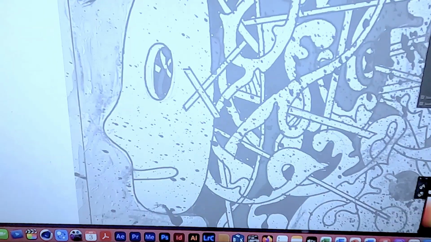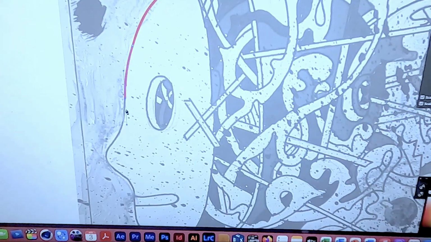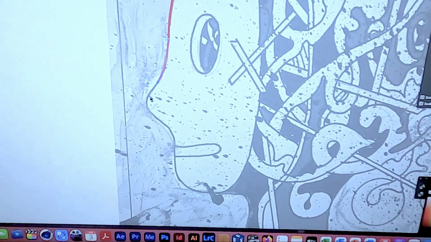A generalist artist is someone who has a wide range of skills and abilities across different artistic disciplines.